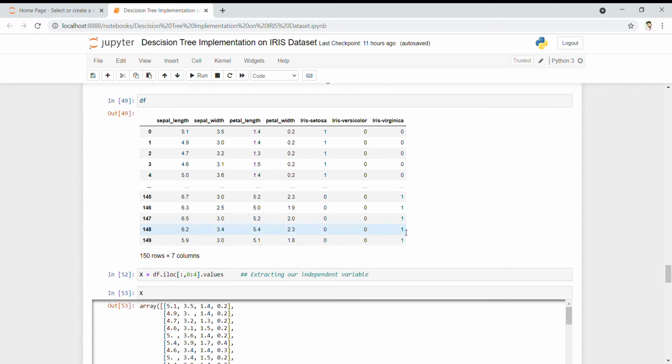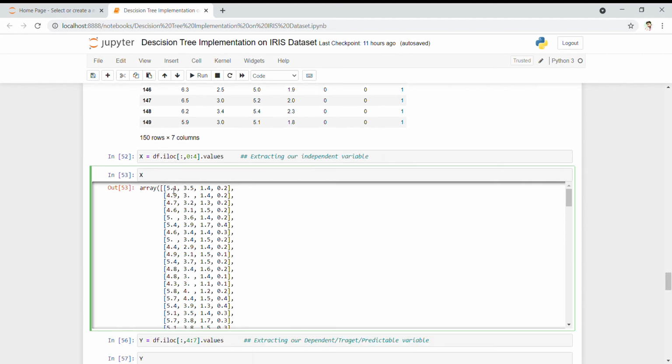Similarly, I have provided my X, that is my independent variable. To split my dataset, I want my first four columns, sepal length, sepal width, petal length and petal width, to be present in my X, the independent variable of features. So I provided df.iloc, which searches by index location, and in the square brackets I did some slicing, 0 to 4, and then .values. By printing X, it will give me all the values of my independent variable.